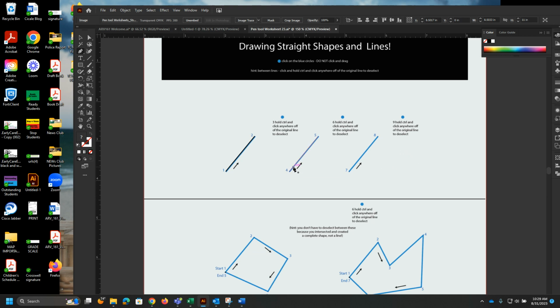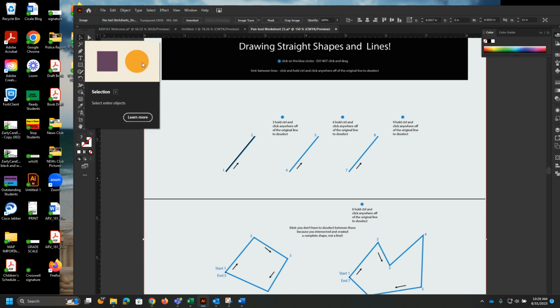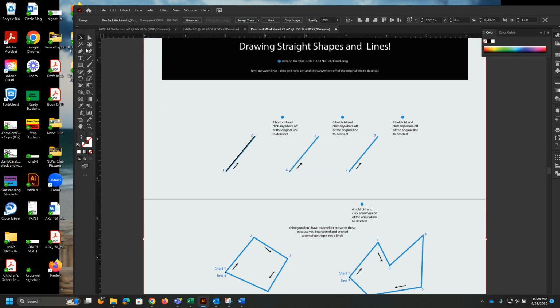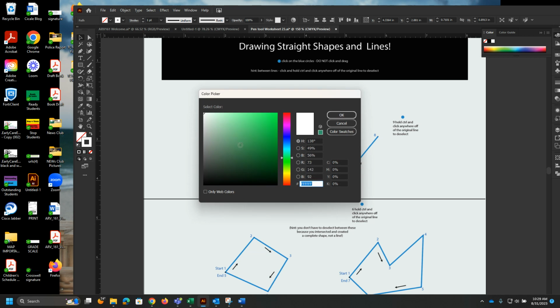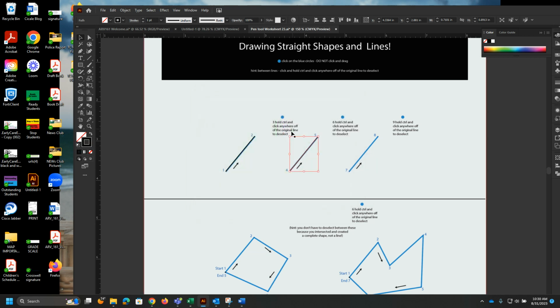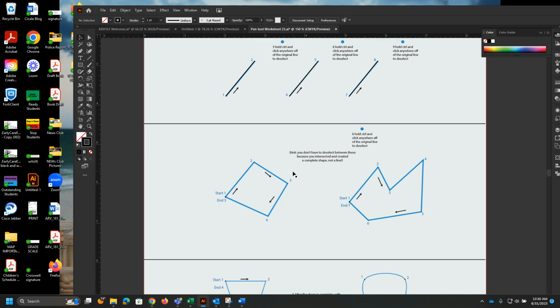Wait, what is happening? Where's my line? Oh, somehow I have changed these two lines. But my lines are there, so that happens sometimes. So I'm going to hit my selection tool and see that my line is here. I'm going to click on this and I'm going to change it to black. Don't really know how I did that, but it's okay because I can still fix it. There's my lines. All right. So we got that. Now we're going to go down